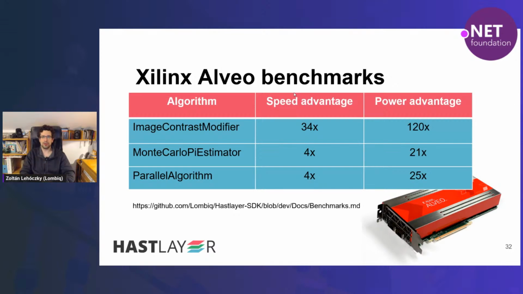There's an image contrast modifier sample that was really good here, and the parallel algorithm that you already know was just about 4 times faster, but used about a quarter of the power, a 25th of the power. What we are comparing here is such a high-performance FPGA and the also high-performance CPU in that